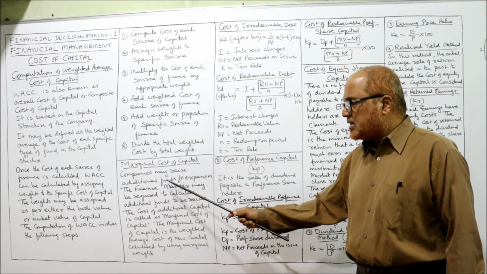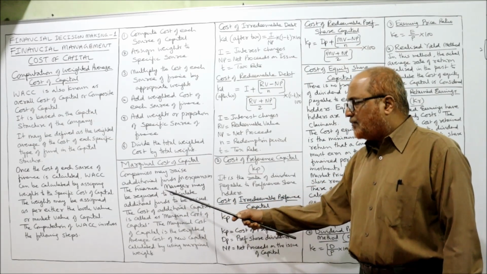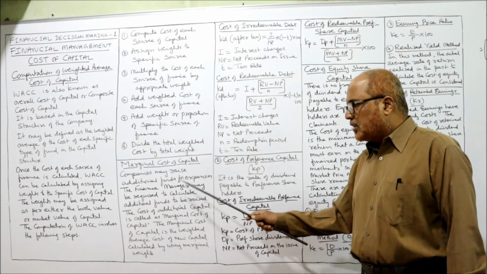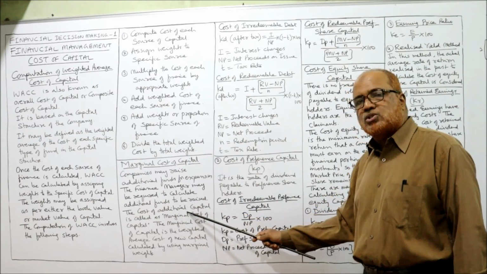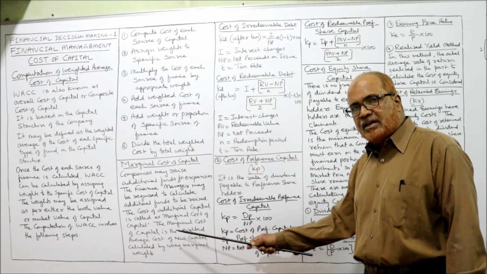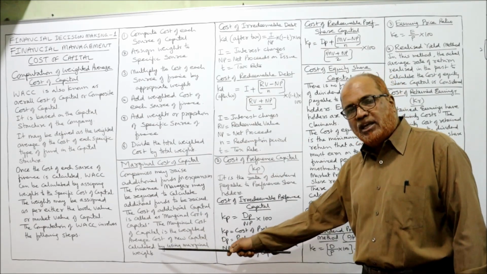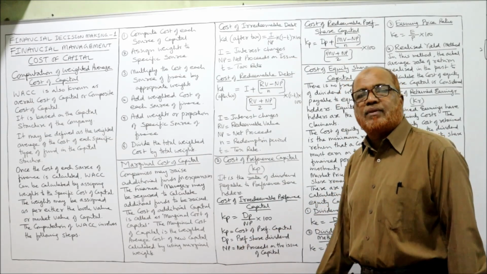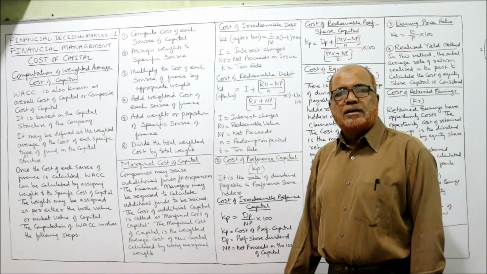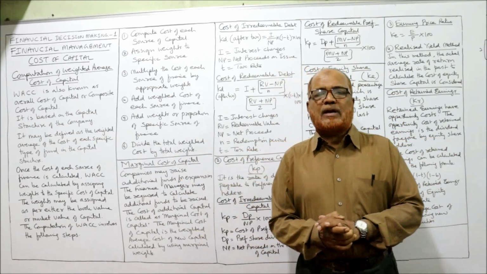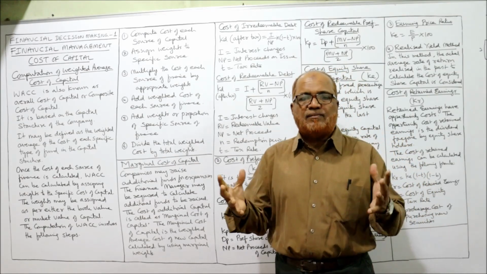So companies may raise additional funds for expansion. The finance manager may be required to calculate the additional funds to be raised. The cost of additional capital is called marginal cost of capital. The marginal cost of capital is the weighted average cost of capital for the new capital, calculated by using marginal weights. That's it. In this video, I have explained completely about the cost of capital, its importance, classification,